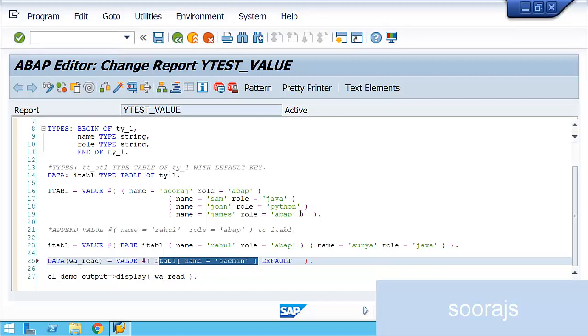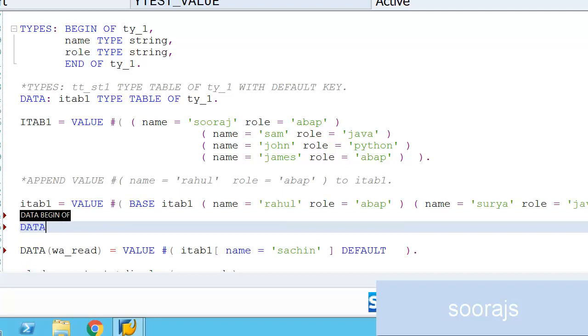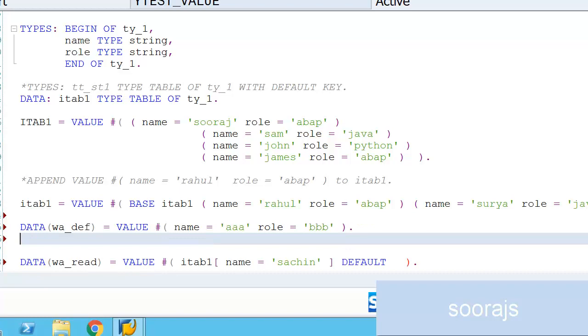So for that, I will create a work area like w_default equal to VALUE #( name = 'AA' role = 'BBB' ). This is for demo purpose, so it can be different.